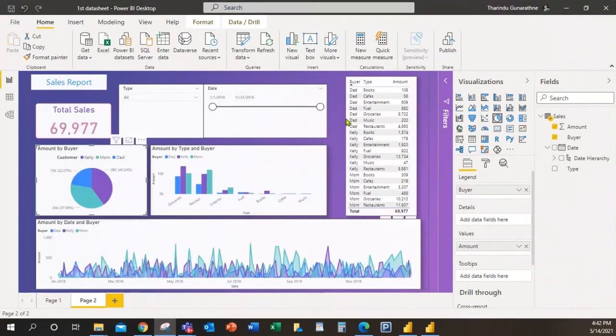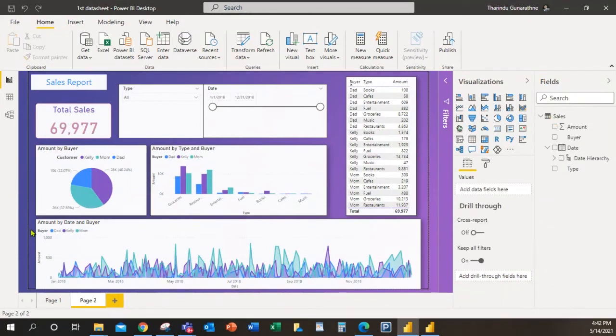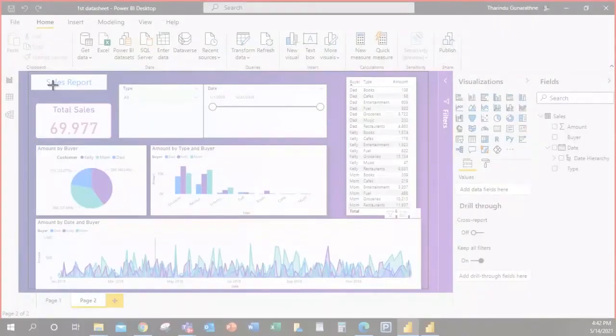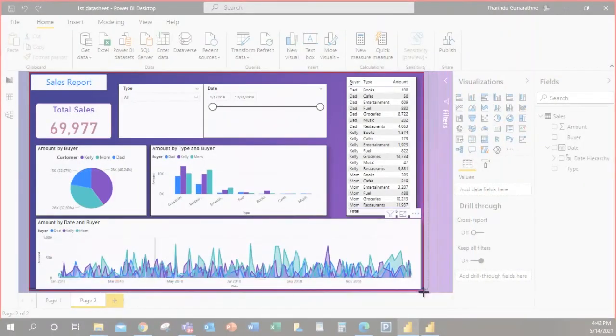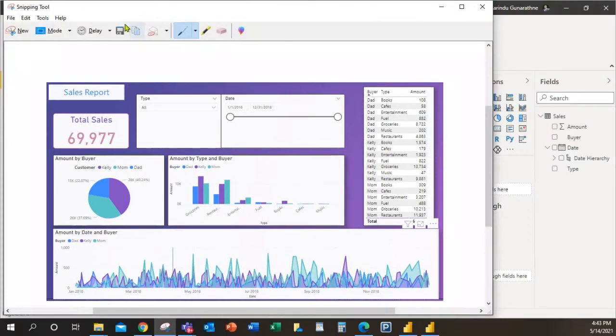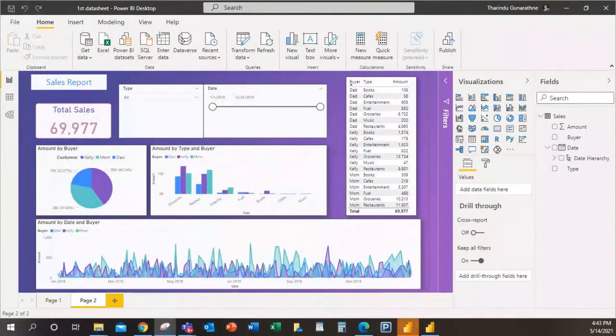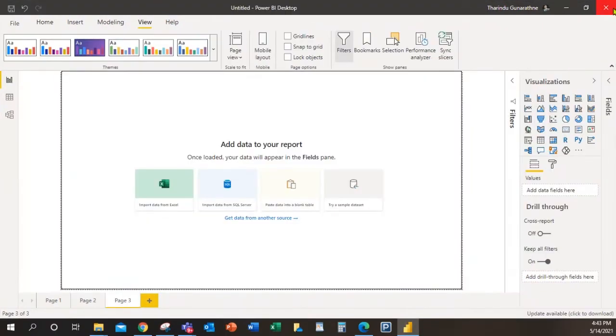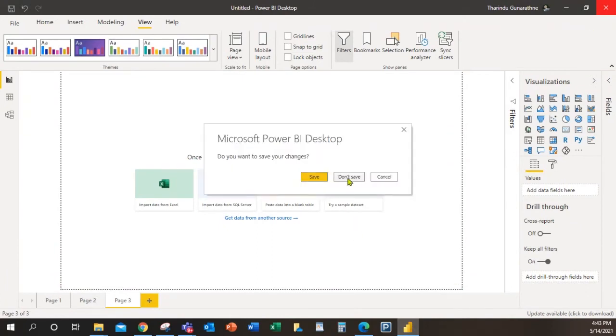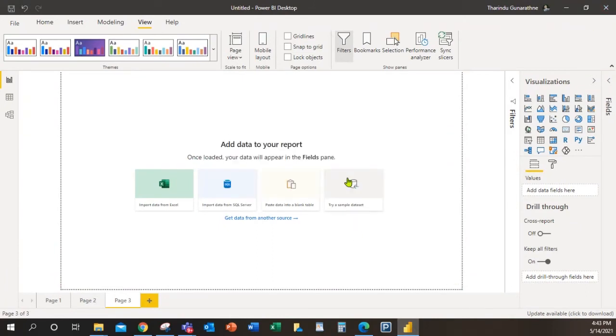Okay, let me take a screenshot because we are going to create this dashboard after 1, 1.5 hours. So we can create this dashboard. Okay, I took a screenshot. Now I'm going to close this one. I will save this. Okay, now let me come from the beginning.